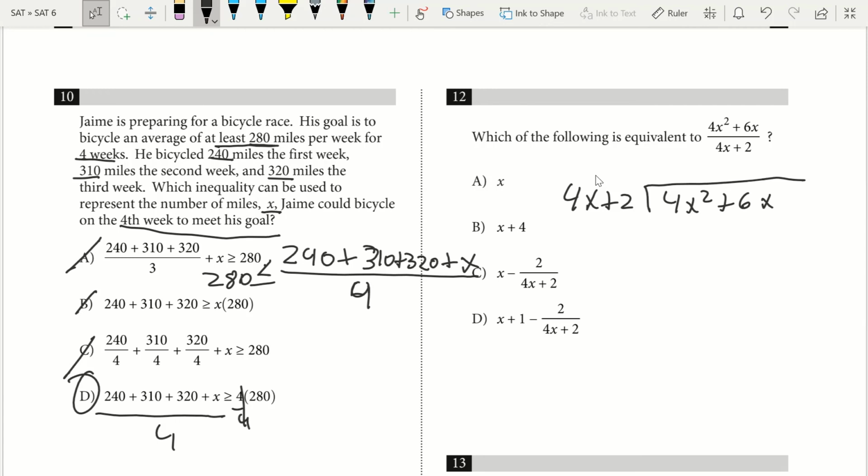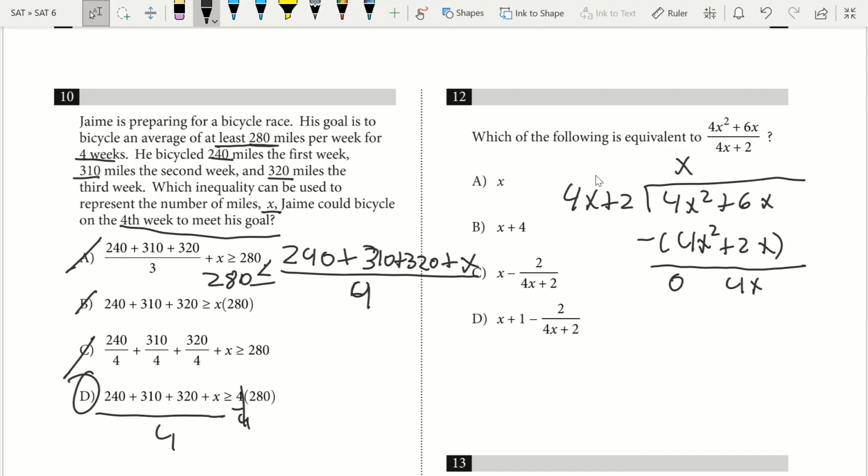So now we're going to look for 4x times what number gives us 4x squared. Well, 4x times x gives us 4x squared, so minus 4x squared. We have to also do our x times our 2, so we get plus 2x. Now we subtract. So 4x squared minus 4x squared gives us 0. 6x minus 2x gives us